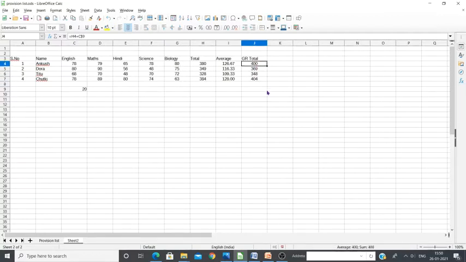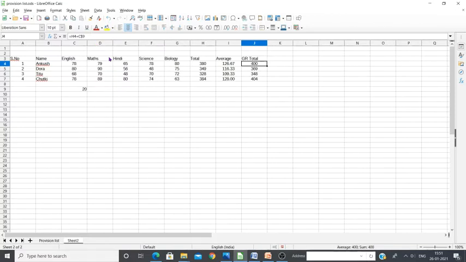So this is called mixed reference. In some cases here, we have done it vertically. So when we do it vertically, we are just placing the dollar symbol next to the row number. And if we do it horizontally, then we have to do it with the column header, $C9. If you put that, then it is a horizontal calculation.